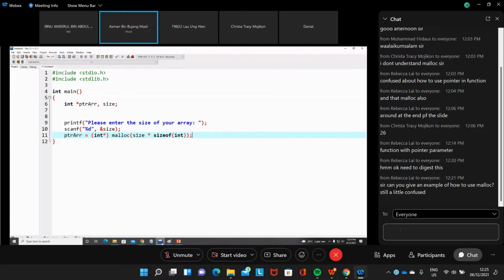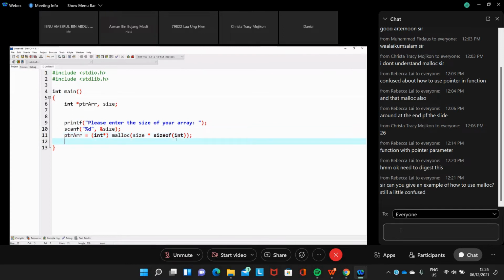It is an integer array. If your array contains characters, then you put sizeof character, because all these data types have different sizes. Now we have the array created dynamically.